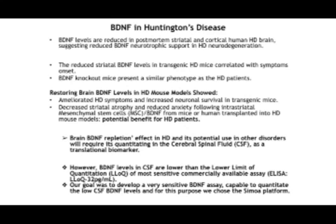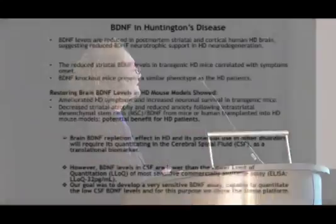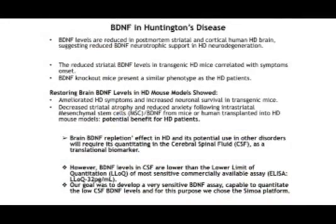Brain BDNF repletion and its potential use require quantitation of BDNF in cerebrospinal fluid as a translational biomarker. However, BDNF levels in CSF are below the limit of quantitation in the most sensitive commercially available ELISA. We aimed to develop a very sensitive assay